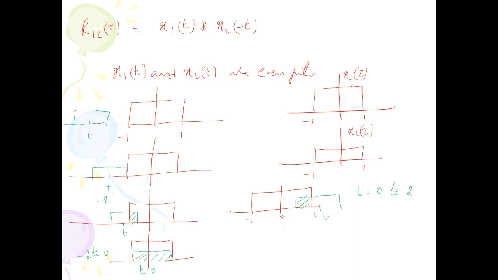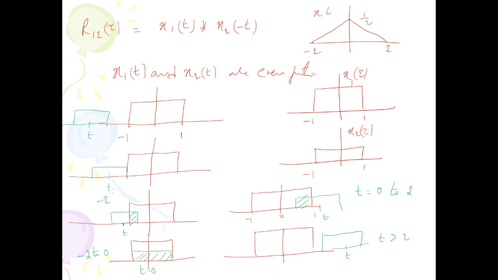Okay, for t greater than 2, there will not be any problem. So the resultant output will start from minus 2 onwards, the area increases linearly because the overlap portion increases, and then it decreases. So the height will be 1 by 2. This is your x of t,